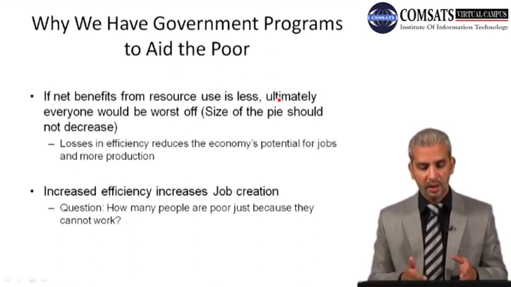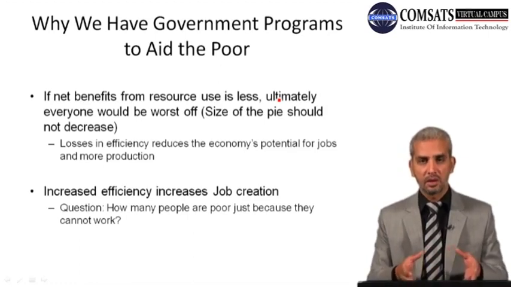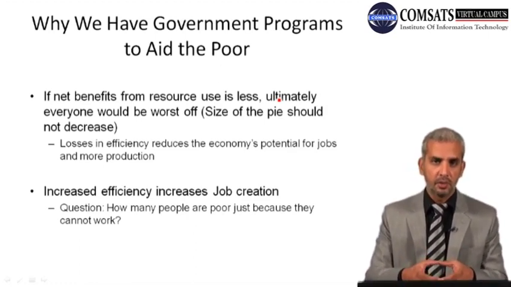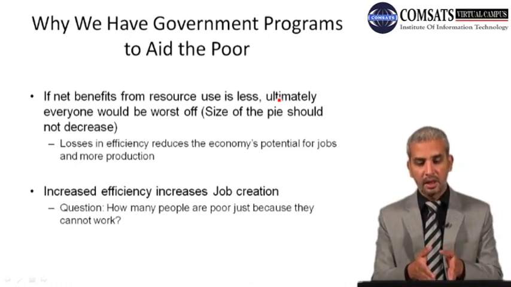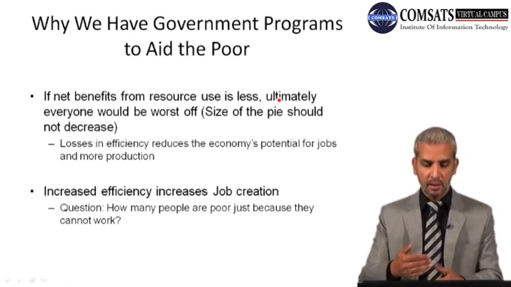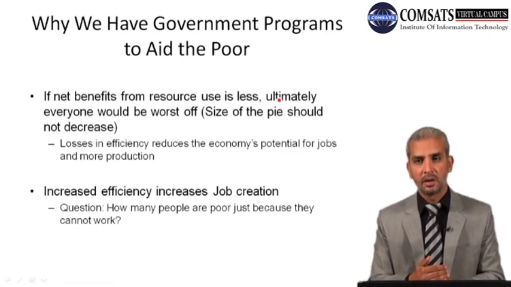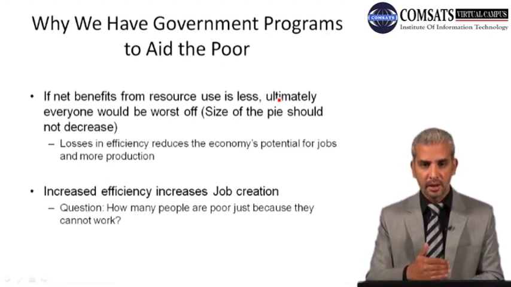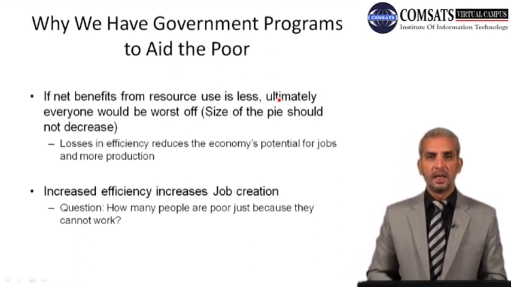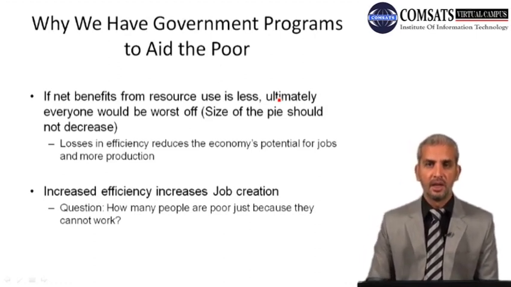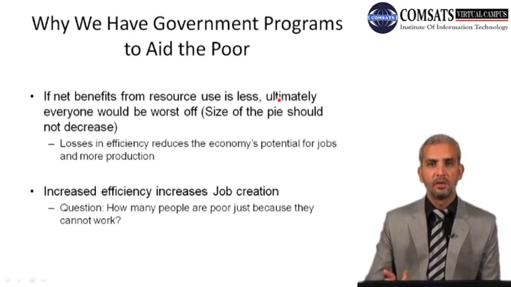So the whole scenario revolves around the concept of whether government programs should target aid to the poor, and how that aid is to be targeted. I'm not saying that there is no way the poor can be supported, but the debate is that a minimal safety net should be provided, so that below that they are not poor anymore, but they should not be sustainable on that level, because in most cases in the USA, for example, they have re-evaluated their income support programs, and an individual who is eligible for aid needs to